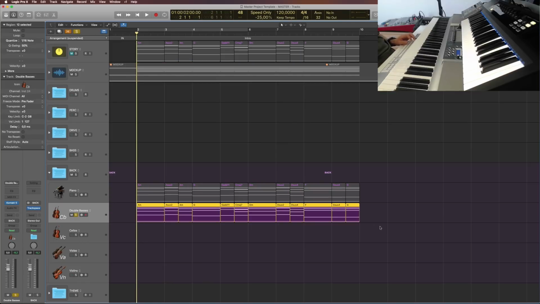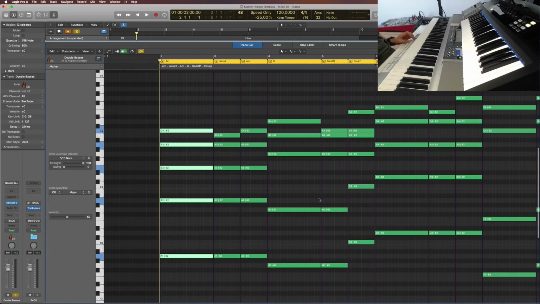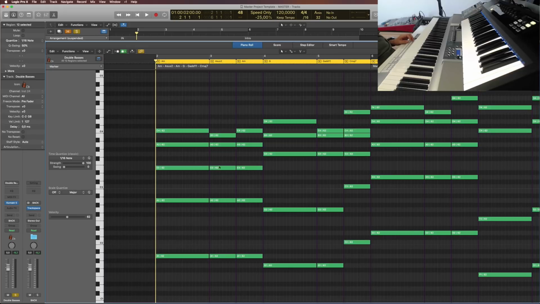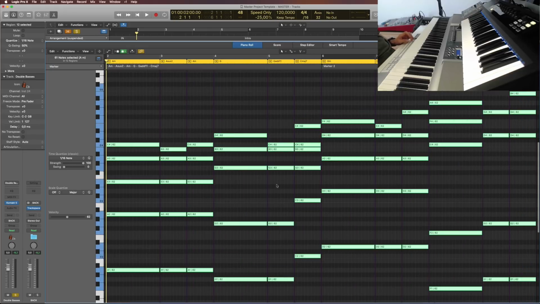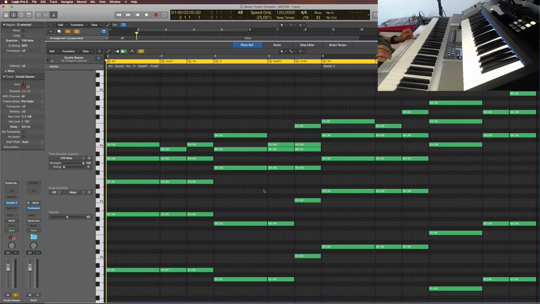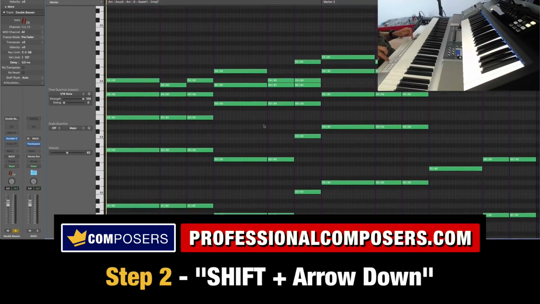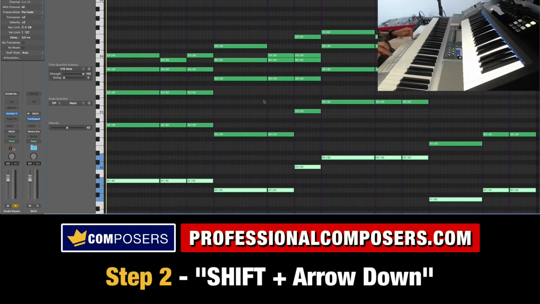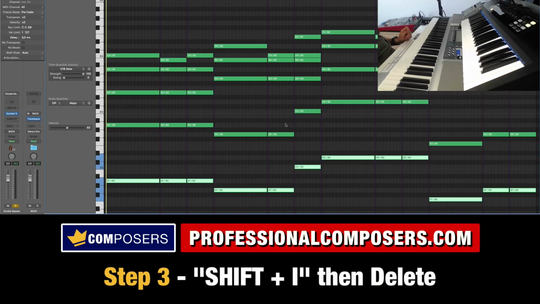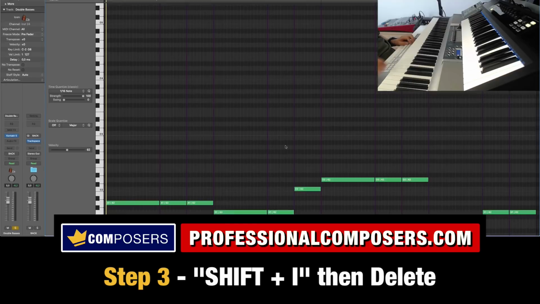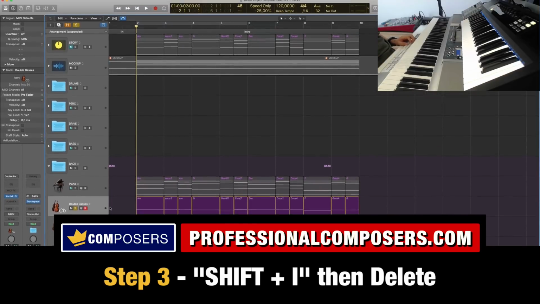Let's go inside, again, select all, E, piano roll. Instead of selecting and deleting those like I did, there's a technique, a feature. If you hold down Shift and then click arrow down, voila, Logic will select all the lowest notes that are currently playing, which means I can now invert this selection by Shift I and then delete. Voila, it's complete. The bass is here,